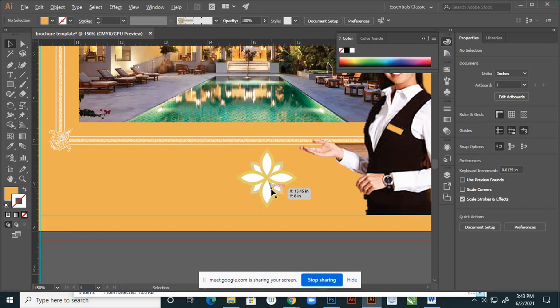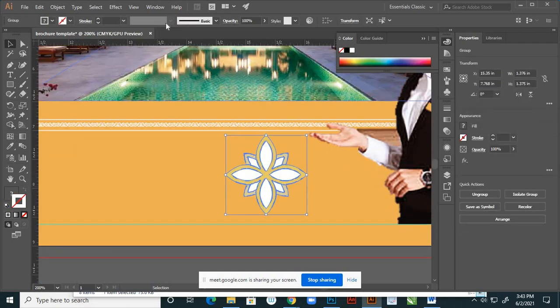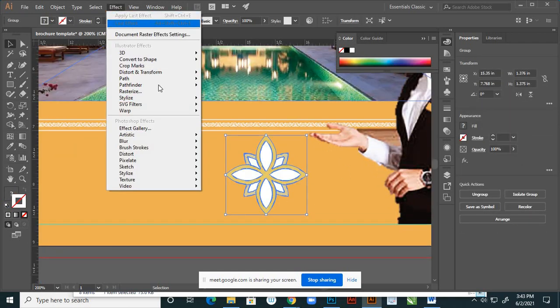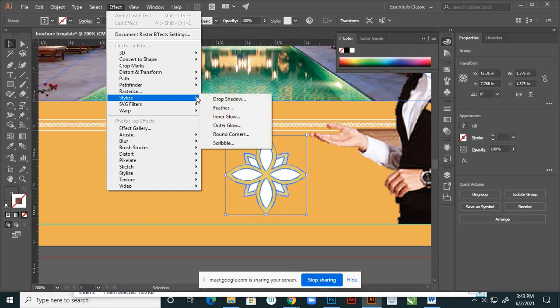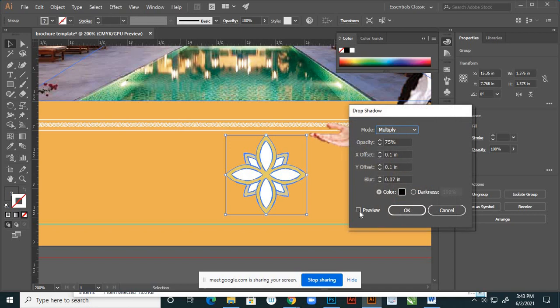So here I want to use some effect to understand it is as logo. So I'm using Stylize, and I'm using here a Drop Shadow, preview, right, and the offset value I'm giving 0.